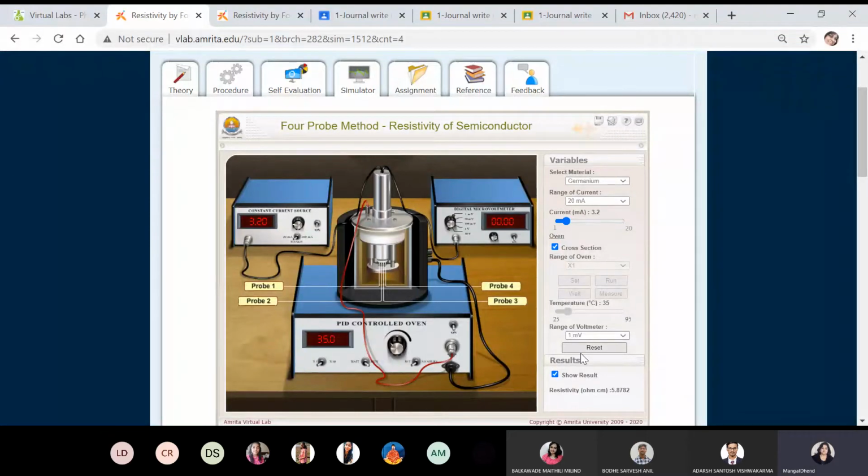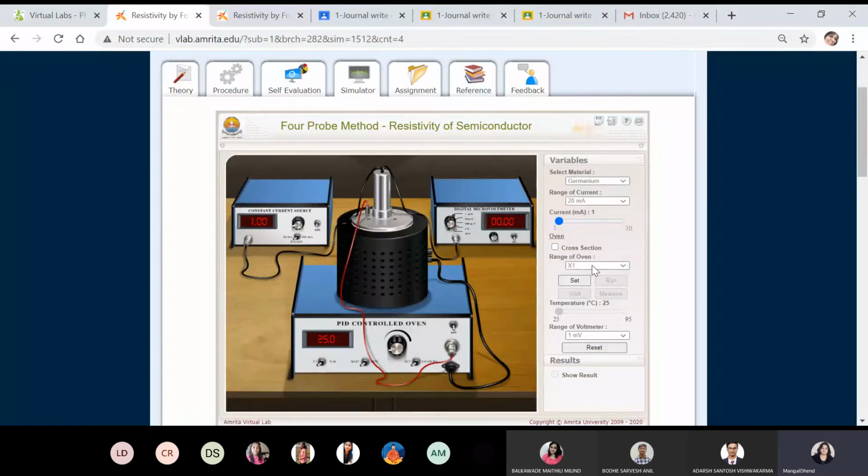Now for the second reading you change the temperature, but for taking the second reading you have to reset. Lakshmi has said in her recording that she doesn't know why to reset. Because if you do not press reset, then the earlier temperature will affect your measurement. So you have to reset first. Then change the current, or keep the same temperature for 2-3 readings.